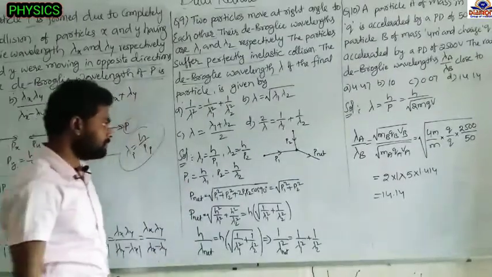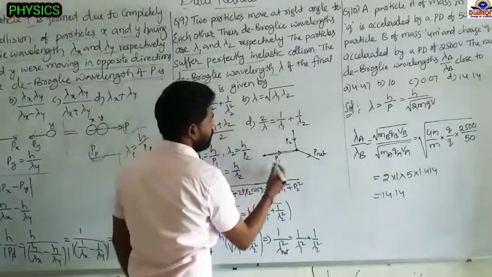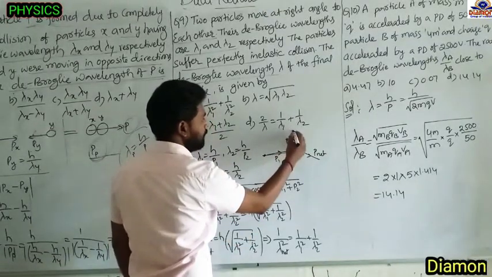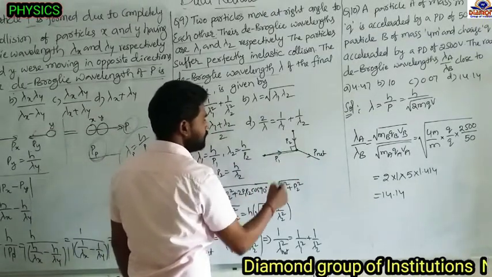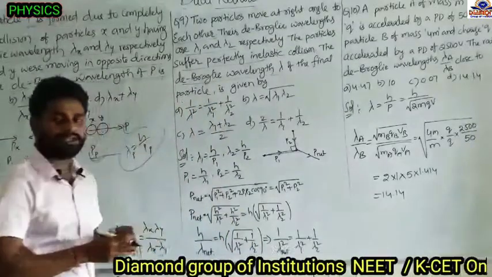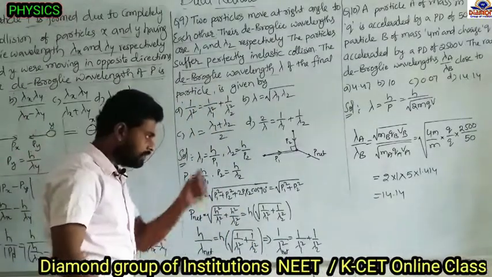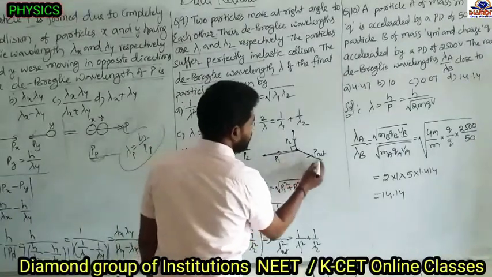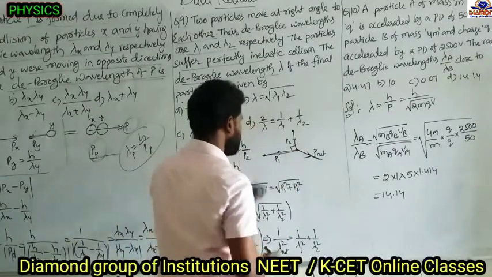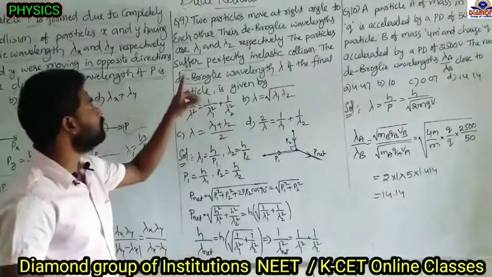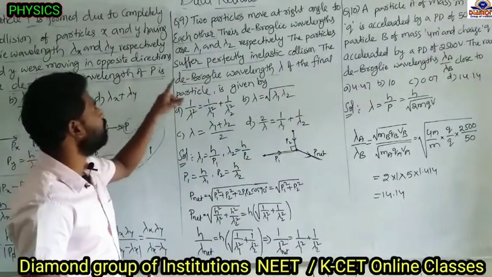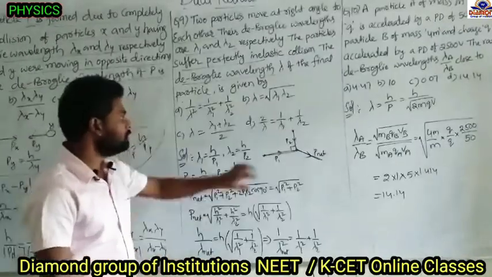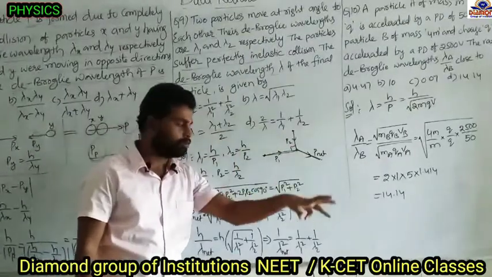See now, the momentum of one particle is p1 and the momentum of the other particle is p2. Both are initially moving perpendicular to each other, and they collide and form one particle. This particle is moving in this direction. The single particle is formed by the collision, which is a completely, perfectly inelastic collision.